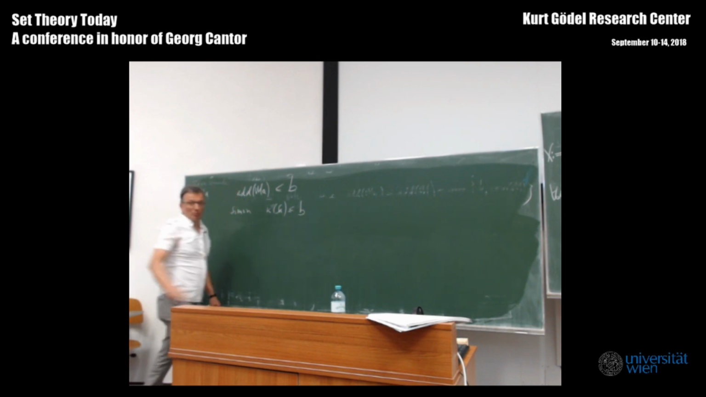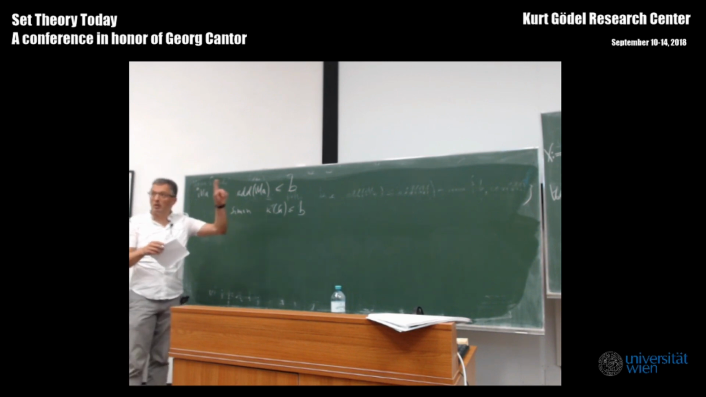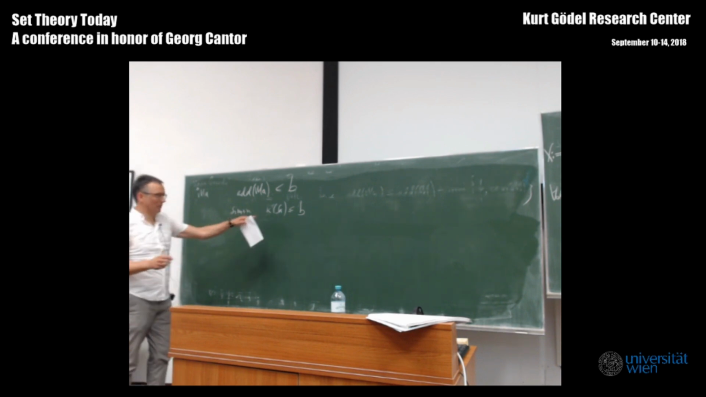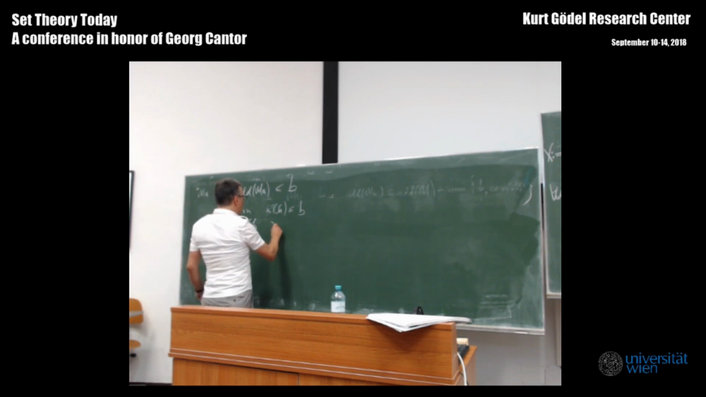is B. Collapsing number means the smallest kappa such that forcing with Sacks introduces a cofinal function from kappa to the continuum, to the old continuum. We know Sacks doesn't collapse Aleph1, but if the continuum is bigger than Aleph1, it can collapse. It will always do so if the B is small. It will collapse it down to B. Then, in this paper, Judah, Miller, Shelah showed if the continuum is regular,